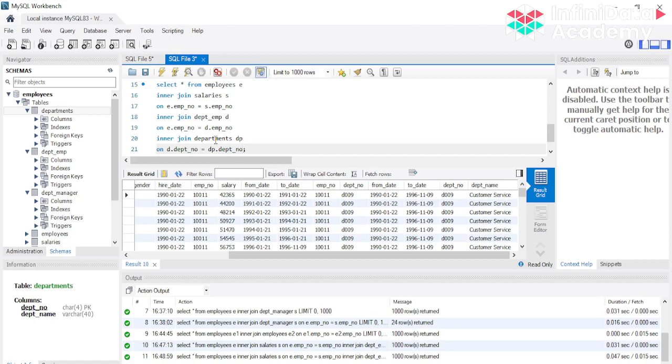So personally, in my use cases, I have used inner join and left join most of the times, as well as in some cases I had to use a union all. So these three are the most useful in my case. In your own scenario, based on your requirement, you can maybe use some other type of join as well, but personally I have used these three joins the most, that is your inner join, then left join, and your union of tables, right? So let's move to our next topic, that is about the aggregate.